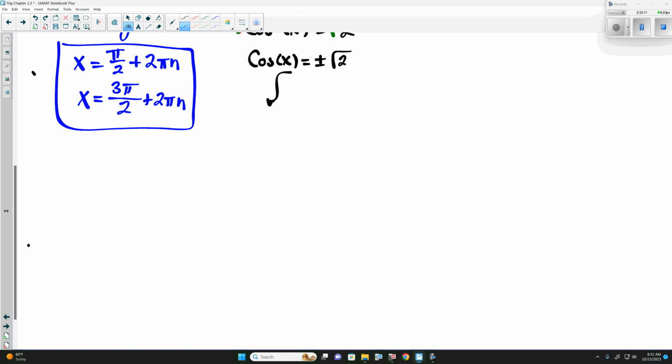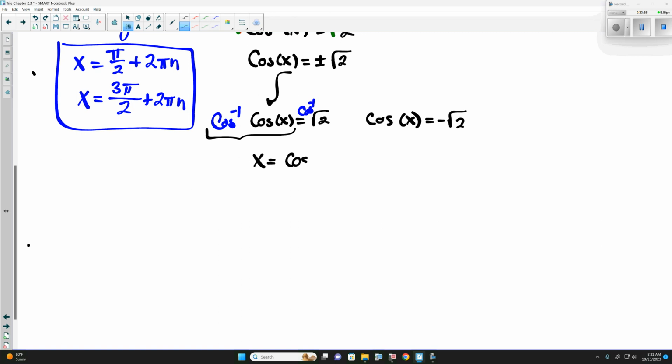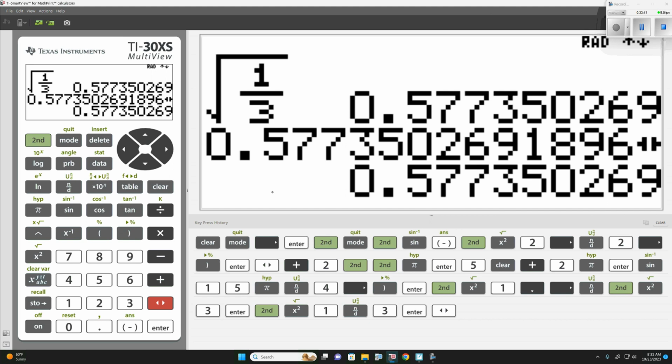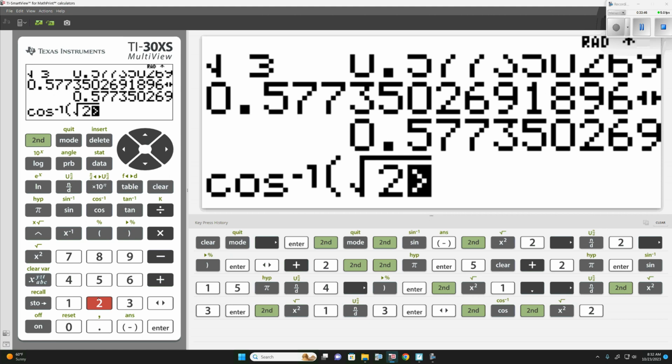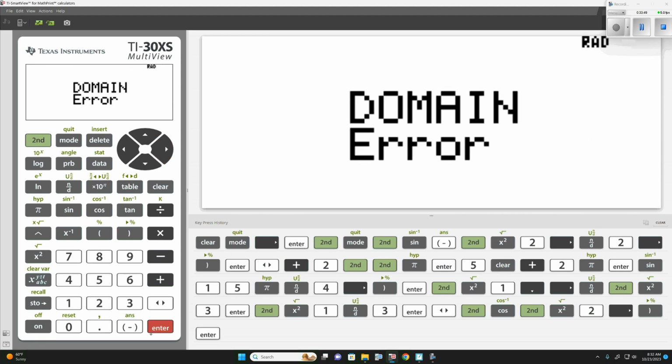because we'll have two statements. So we're saying cosine of x is equal to the square root of 2. We also have that cosine of x is equal to negative square root of 2. At this point, we're going to use cosine inverse of both sides, because cosine inverse of cosine of x is just x. And that's telling us it's equal to cosine inverse of the square root of 2. So I can grab the calculator, say second cosine inverse of second square root 2, and we get this nice angle of,